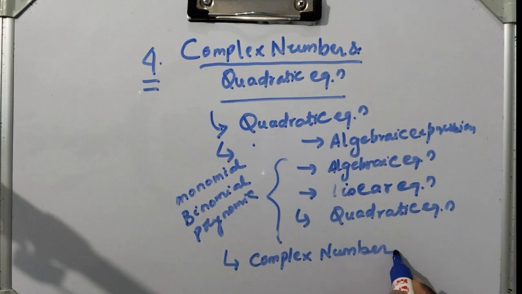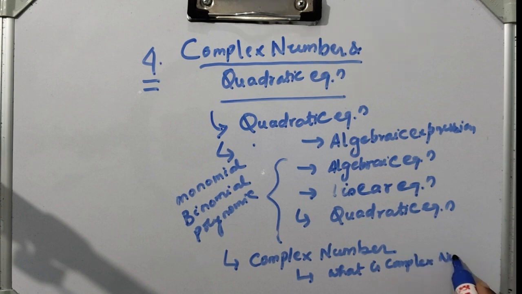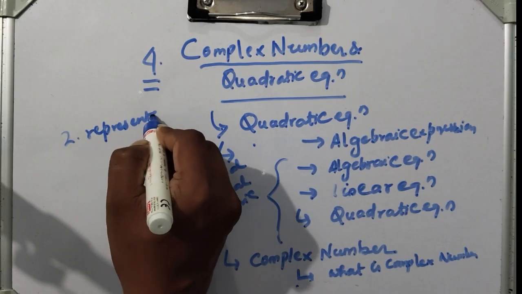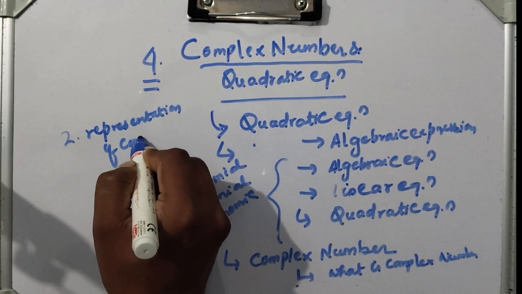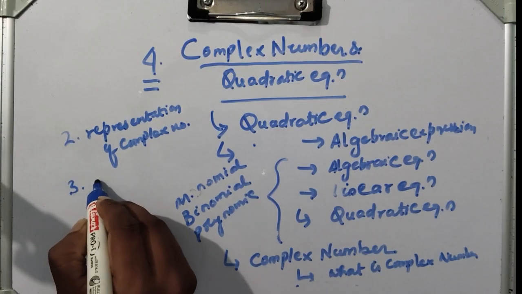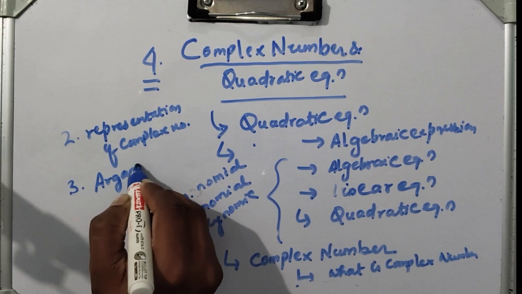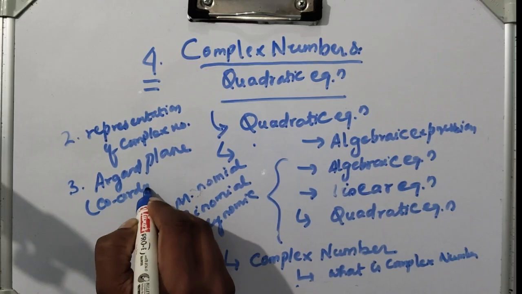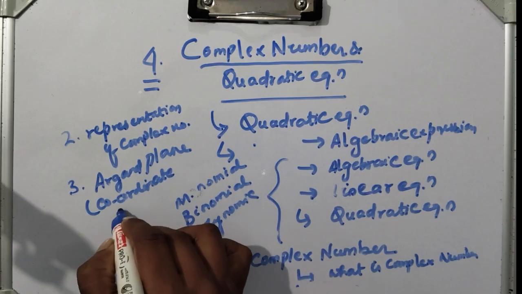In complex numbers we will read about what is complex number, number 2, representation of complex number, and number 3, argand plane, just like coordinate plane. Okay,